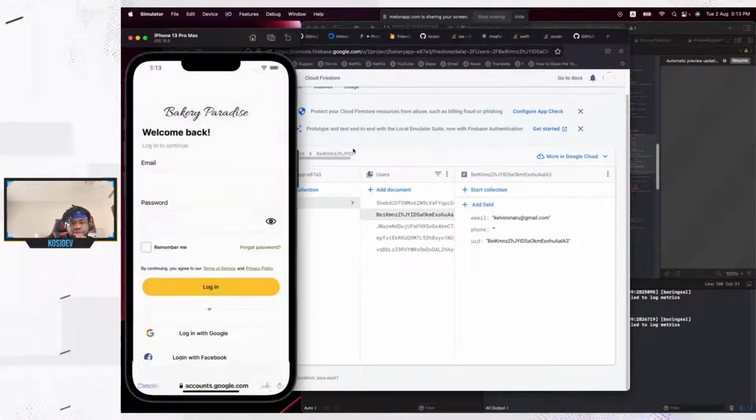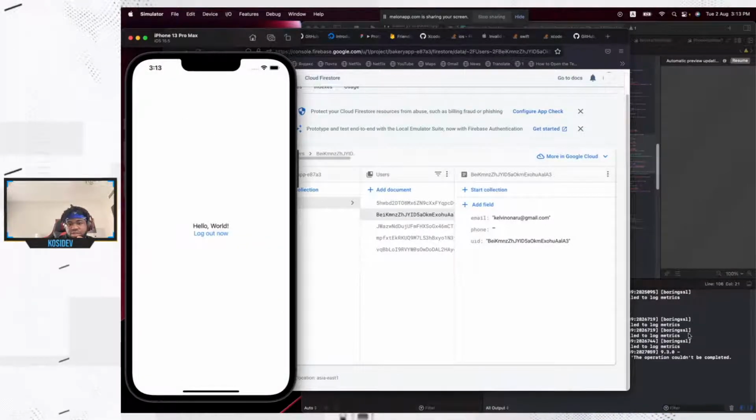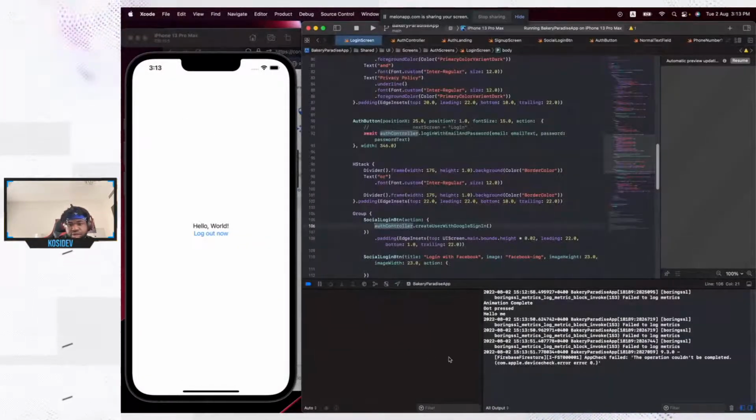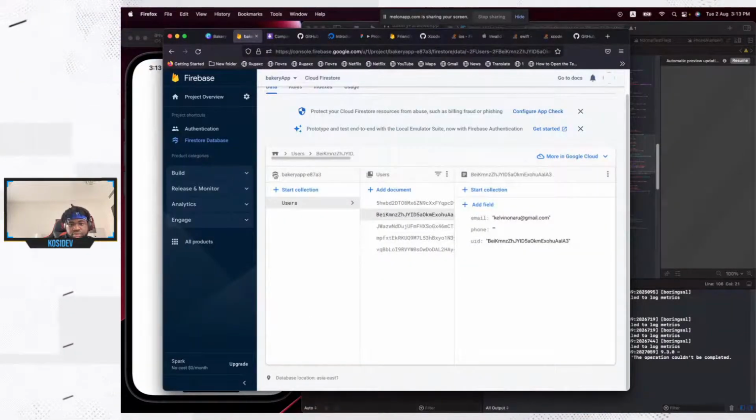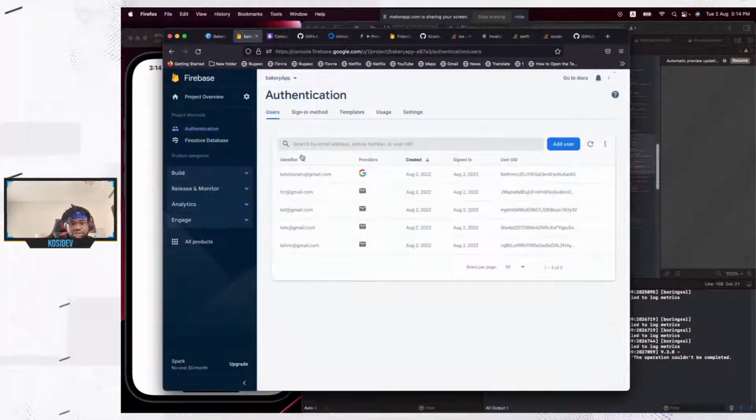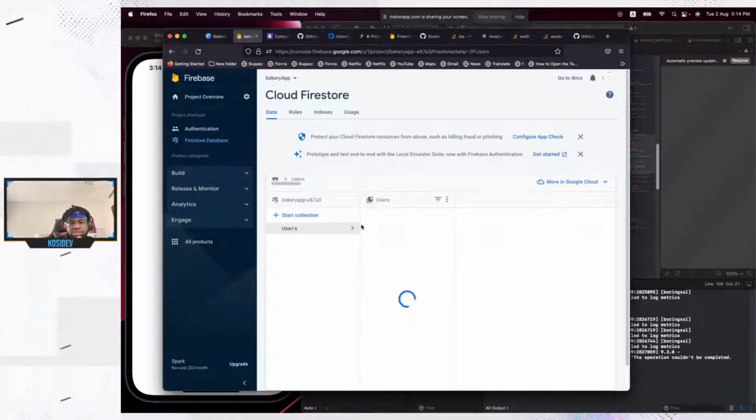Okay, tap on this. Let's see what we have. Okay, that worked. And if you go over here, head back to authentication. So it's still the same user with the same user ID because we have previously logged in and created a user with the same email and password or something. So first of document, we still have the same